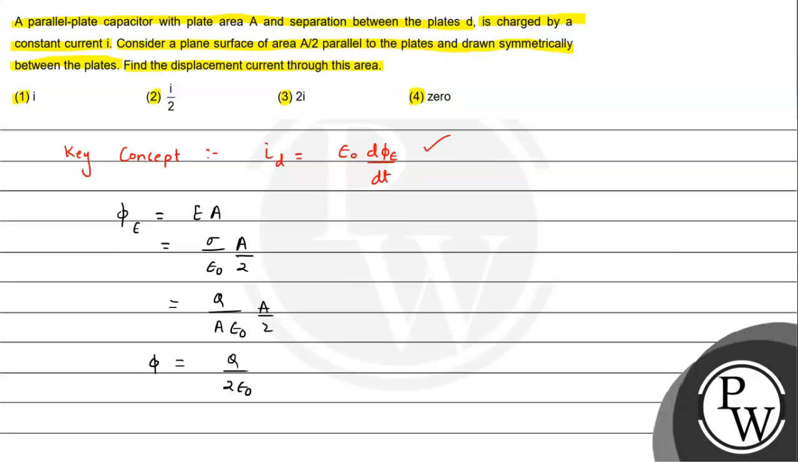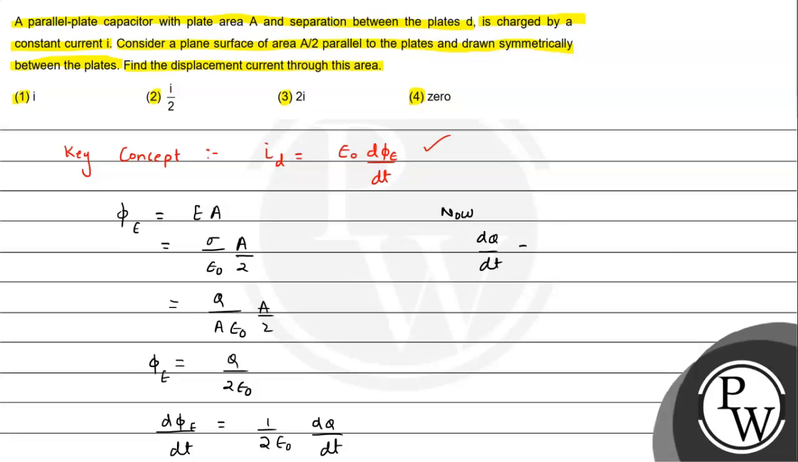So this is the value of phi e that we got, but we need to differentiate it to get the value of d phi e by dt. So this will become 1 by 2 epsilon naught, which we can take outside as a constant. So what we will be left with is dq by dt. And on further simplification we can say that